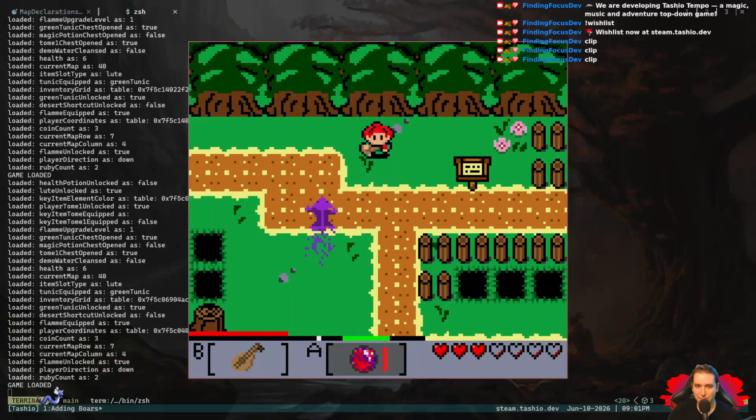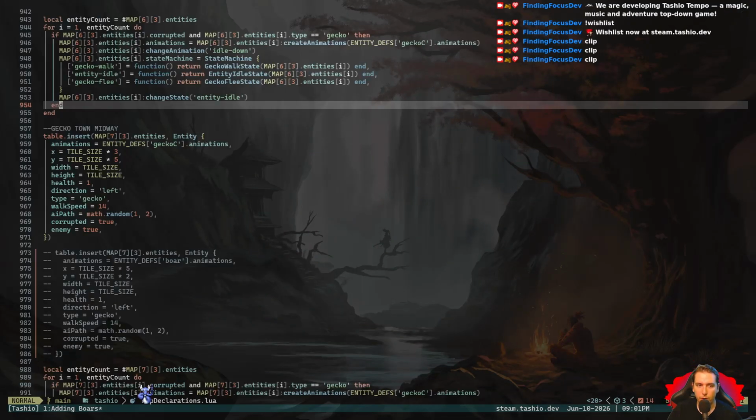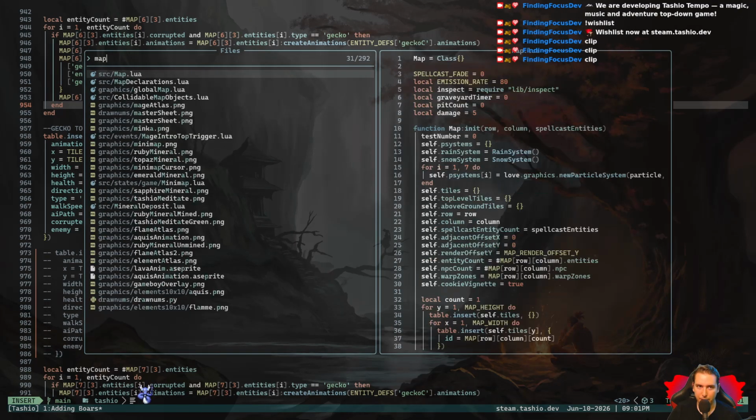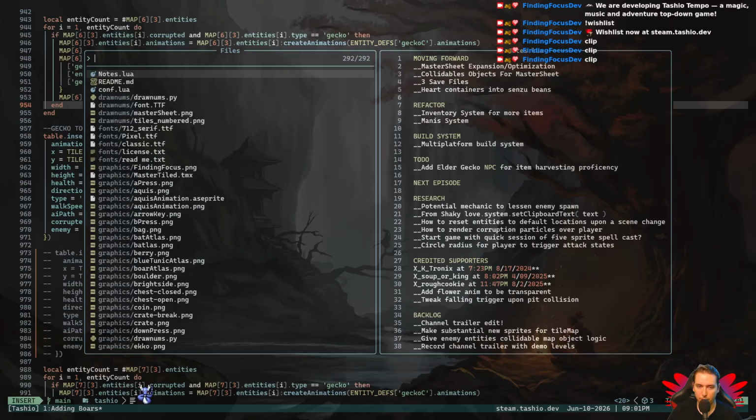We're working on adding boars to our game. Here's a gecko example where we can cleanse, but we're trying to add boars. So far we've got them animated and imported. We can see that in our, what is it, map declarations? No, it's in our